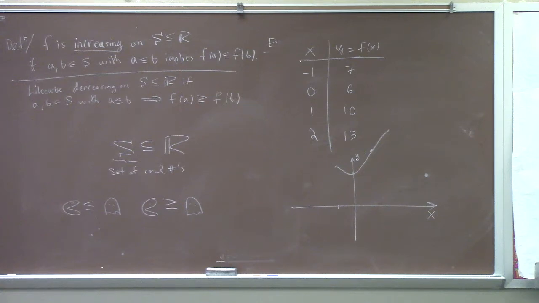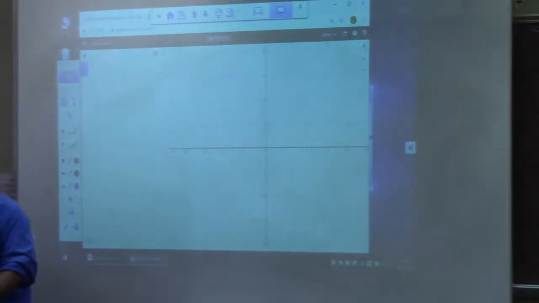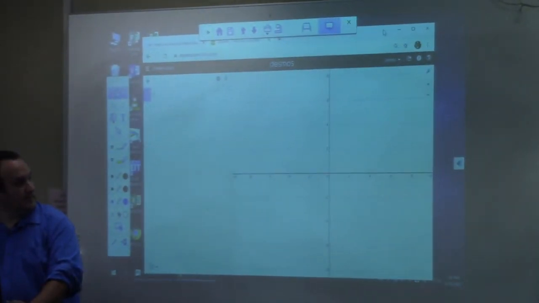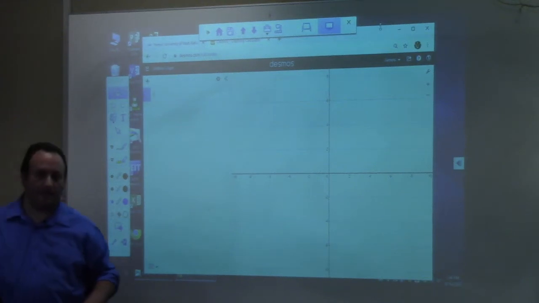Desmos. Where's your start? There's a big start graphing. Oh, I guess I have to click on the graphing calculator button. Fine, fair enough. Can you guys see it yet? No. Now you can see it, right? Okay, so